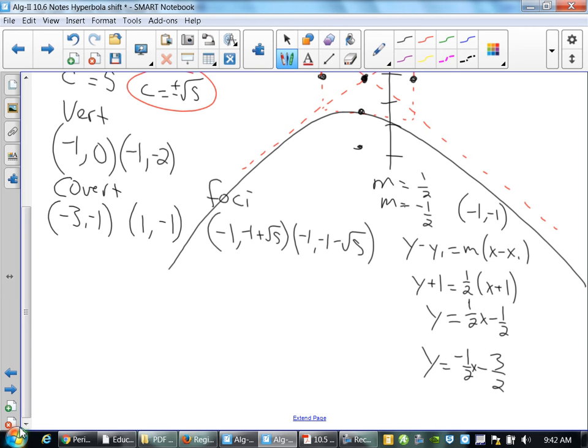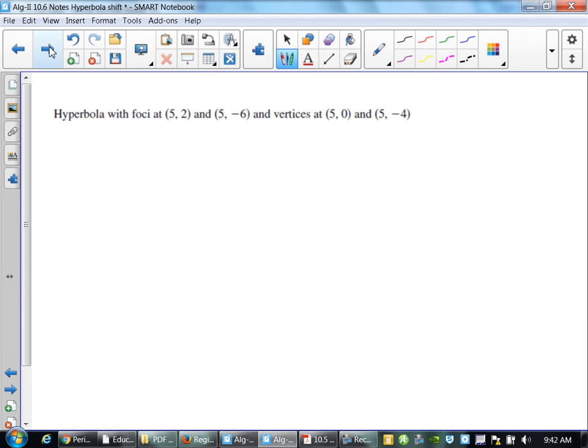Because you distribute the negative, you get negative 1/2 x minus 1/2. Then you subtract the 1, so you get minus 3. I don't like it, but this is better. All right. Let's go